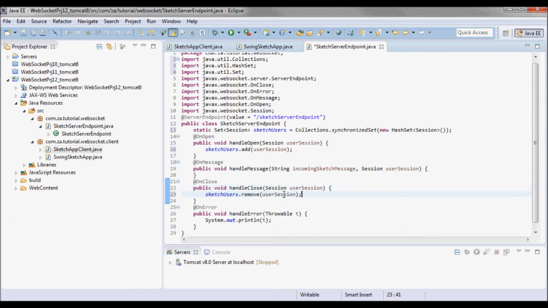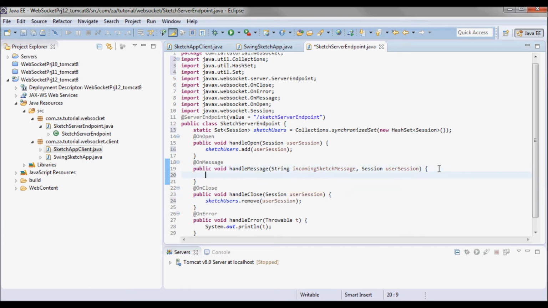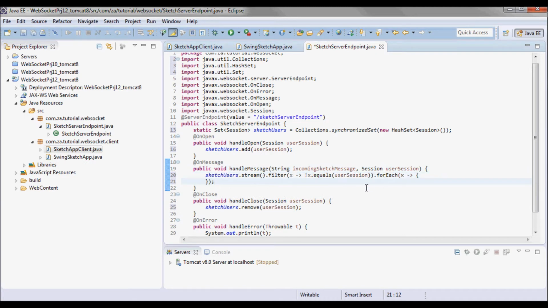I'll remove this session from the set of sessions, and in handle message I'll send the incoming message to all the users other than the user that initiated the message.